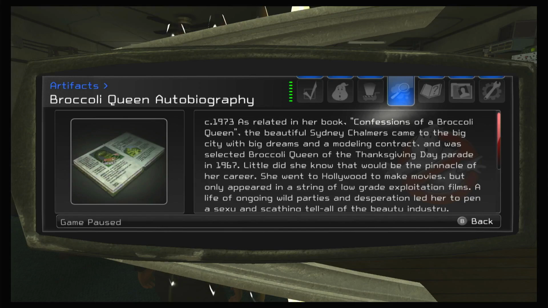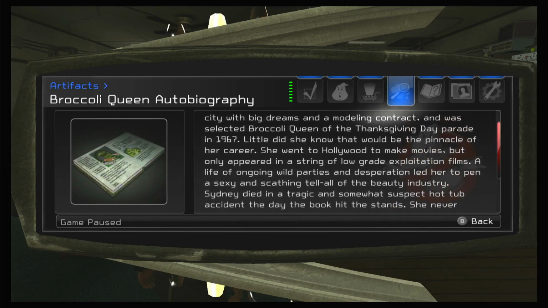As related in her book, Confessions of a Broccoli Queen, the beautiful Sydney Chalmers came to the big city with big dreams of a modeling contract, and was selected to be Broccoli Queen at the Thanksgiving Day Parade in 1967. Little did she know that would be the pinnacle of her career. She went to Hollywood to make movies, but only appeared in a string of low-grade exploitation films. A life of ongoing wild parties and desperation led her to pen a sexy and scathing tell-all of the beauty industry. Sydney died in a tragic and somewhat suspect hot tub accident